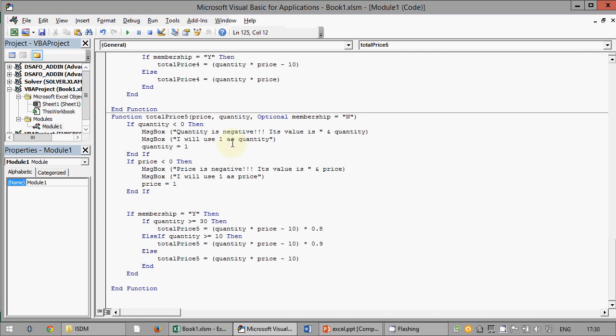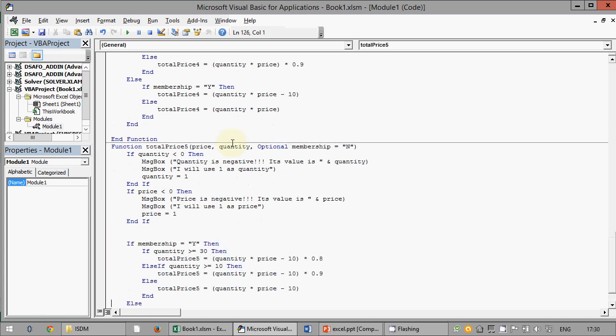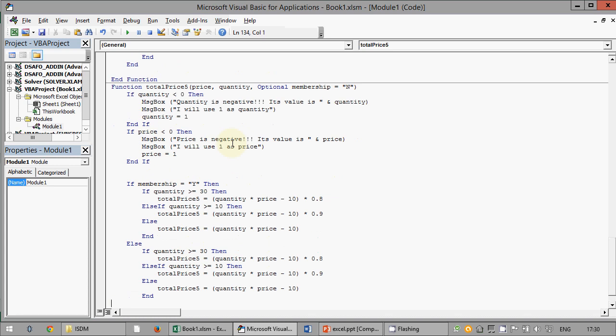Okay. Now, if it is not yes, so here I write else. If it is not yes, I will redo all the calculations without the 10 discount.